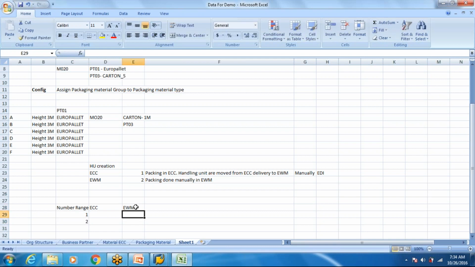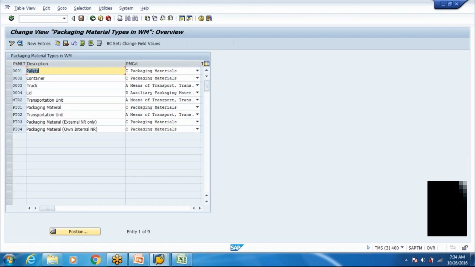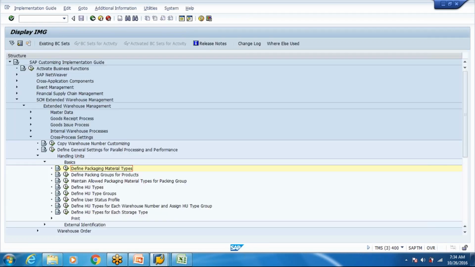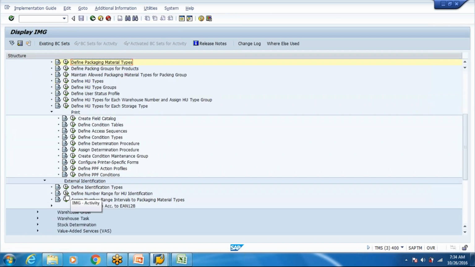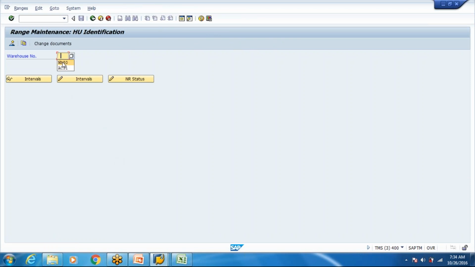Since the number is going to be for packaging material created in ECC, the number range assignment should be internal. You know number range assignment is done for your packaging material type, correct? Your packaging material type will have a number range, whether internal or external. Here it is: define number range and assign number range. So you assign an internal or external number range.